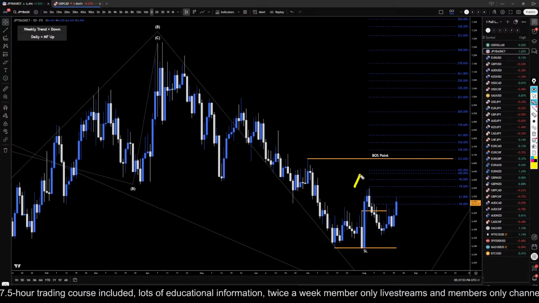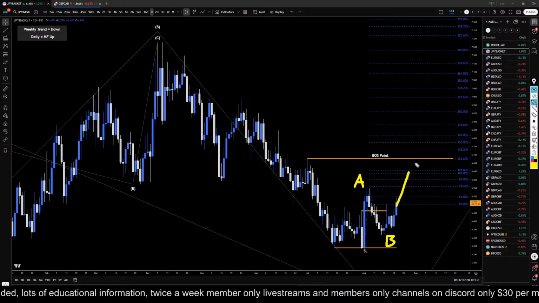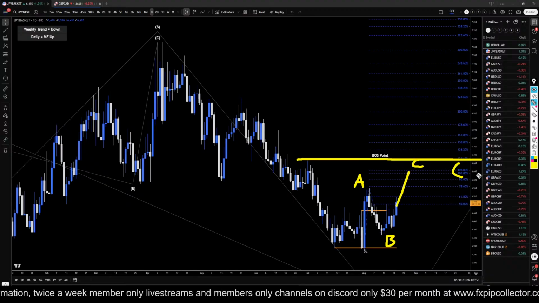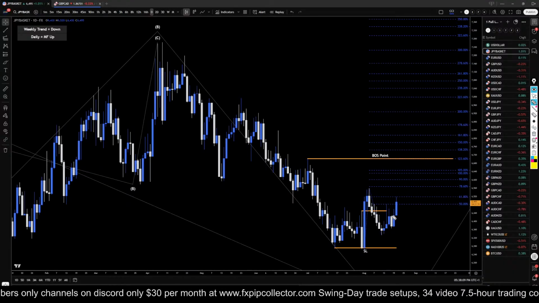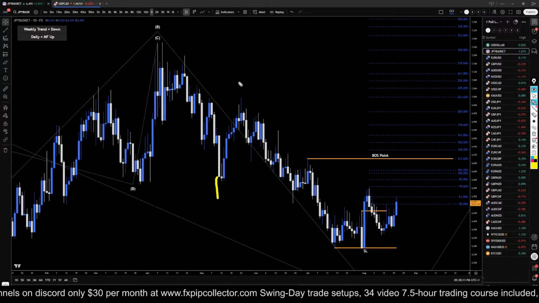So the first push up is probably the A, or this is probably the B. We're probably going up for a wave C. Maybe like the 100%, or maybe it'll even go up and test structure, give us a break of structure and then reject it, like a break and rejection of structure. But I really think we're in a wave 4 right now. It sort of looks like a wave 4 big time,